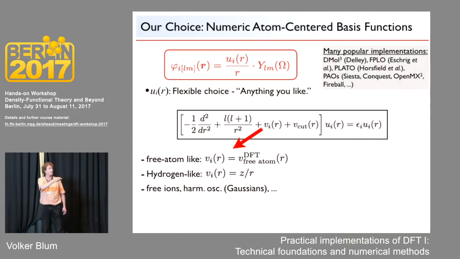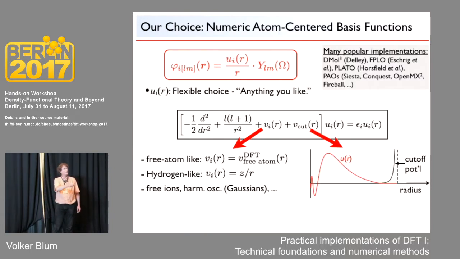It could be a free-atom-like potential, but it could also be a hydrogen-like potential, which Slater essentially started as Slater-type orbitals in the 1930s already. So this is not a new recipe, and you could introduce all sorts of other basis functions in the same recipe, just by varying this potential. The key point is that you can strictly localize these functions